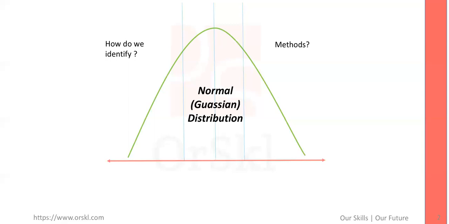But if there is a bell shape in the data, that is when we call that data normally distributed. This is the basics. So I'm just spending 5 minutes on the basics so that you understand why we are doing it. And then I'm going to show the different ways to identify if the data follows a normal distribution, because visually doing it every time is not